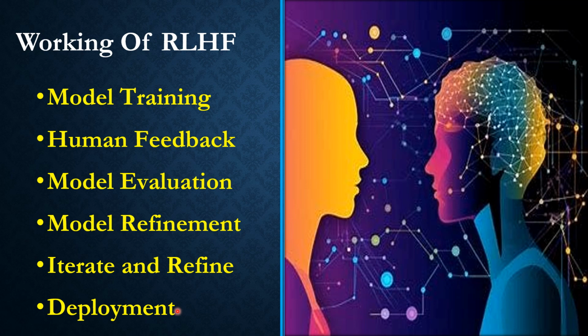So in simple terms, this reinforcement learning from human feedback is a process of training machine learning models by having human users provide feedback on the model's performance. This feedback is used to update the model's performance, allowing it to learn from its mistakes and improve over time. This iterative process continues until the model reaches an acceptable level of performance, at which point it can be deployed in a real world setting.